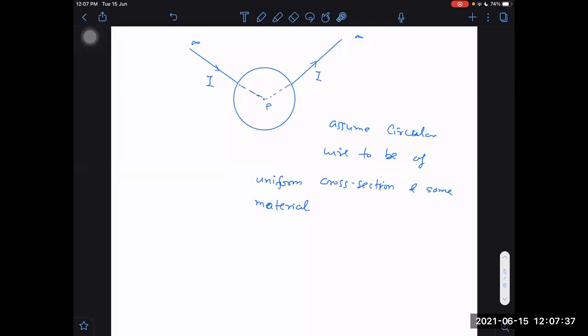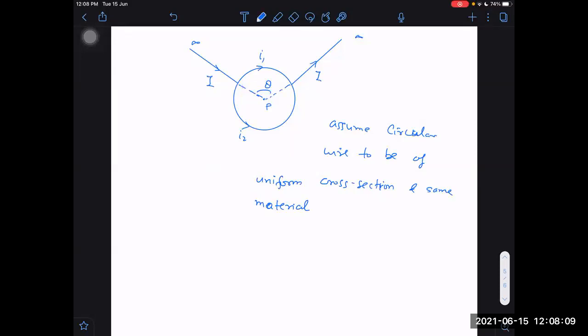So here you have two things to do. First, determine I1 and I2 depending upon the angle theta. After determining I1 and I2, find the field due to one and the field due to the other, also with direction. What is the field due to I1 in this space, outwards or inwards? Inwards. And the field due to I2 will be outwards. So they will cancel each other, but I'm not saying they will make it zero. They may not. I will have to find it out.